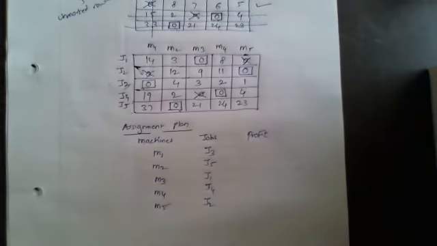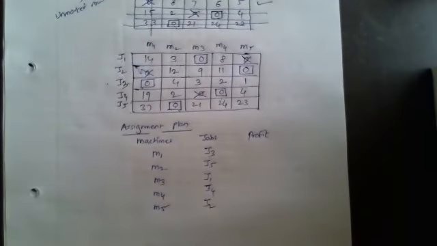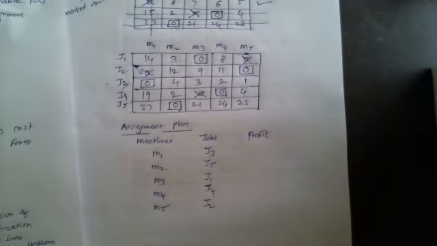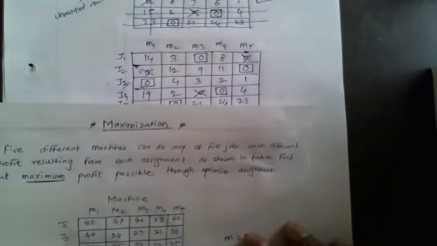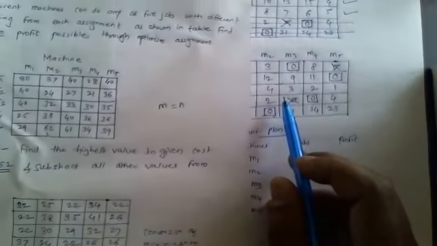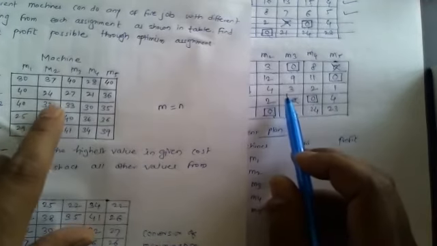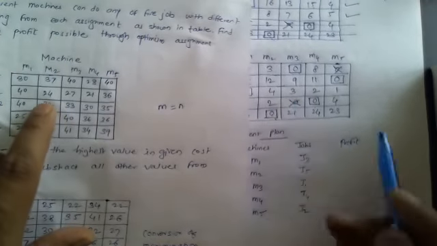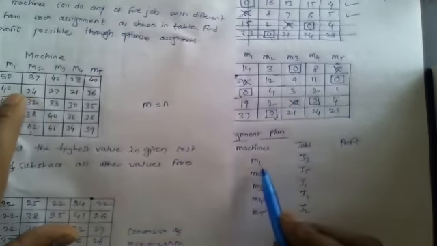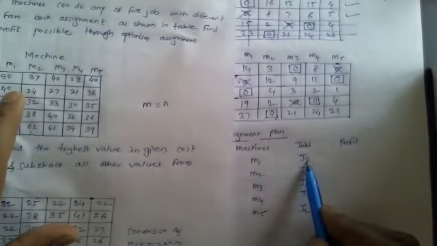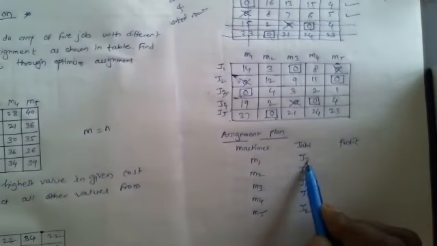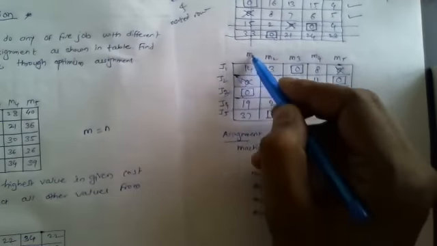Now we have to find out the profit. So in order to find the profit, what we have to do, we have to compare the original cost matrix as well as our final solution. See, this is the final solution and this is our original cost matrix. Okay, so by comparing both these matrix, we have to find the profit. Now see, machine M1 is allocated to J3, means here first allocation did here, that is M1 to J3.